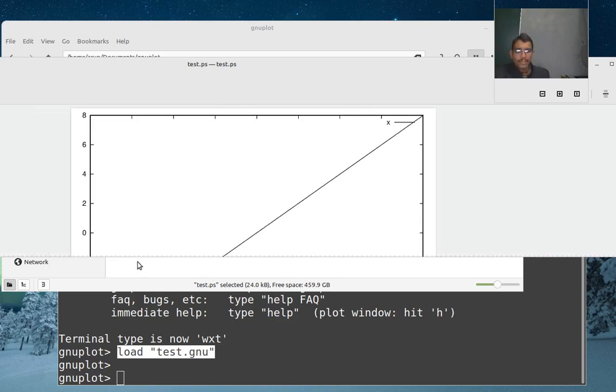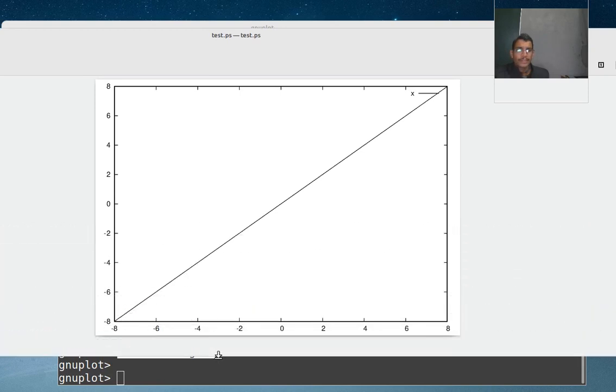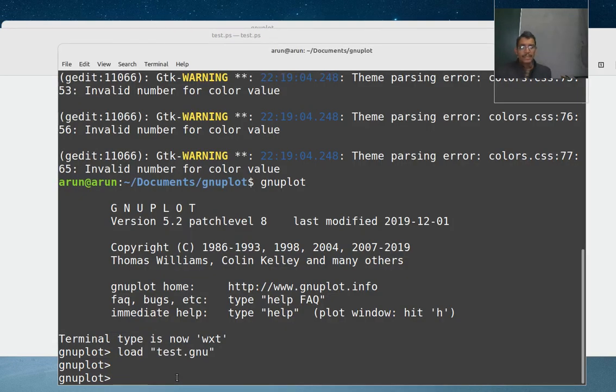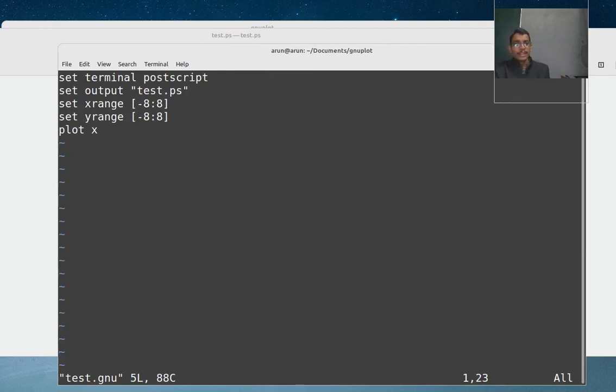Let us have a look at it. So that's what we are getting. See, this is the graph. This is from -8 to 8, but its color is black. So let me go back again. If I open test.gnu again, and then in case of postscript, I will write down also,